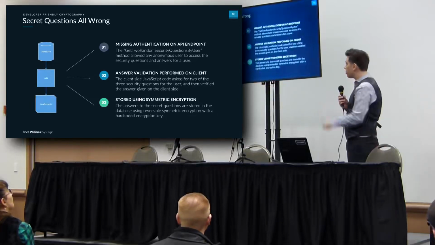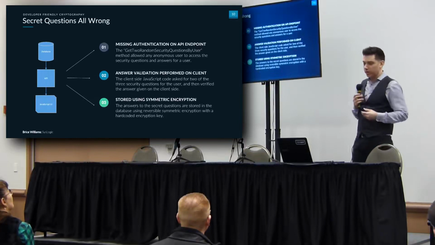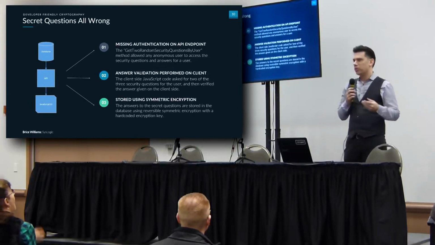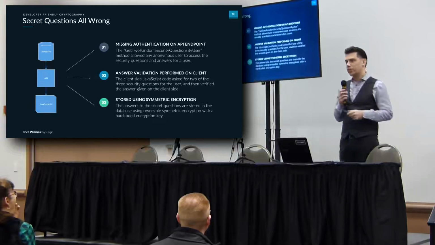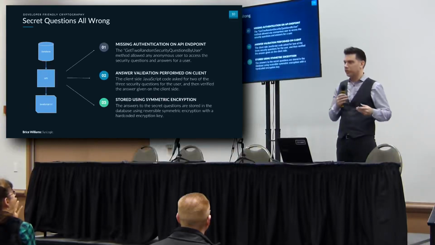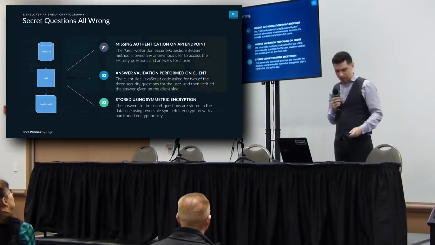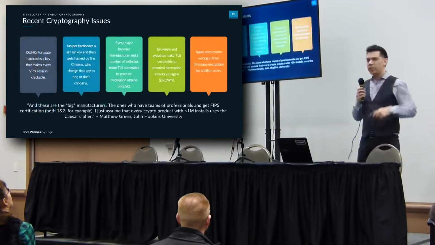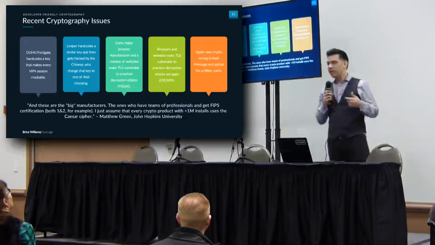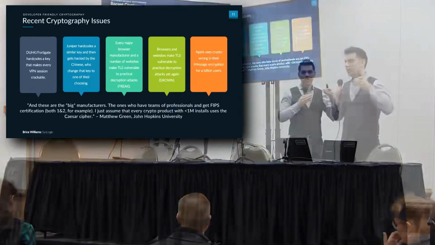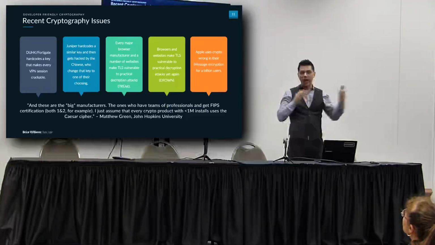And even my third point here was, even on the back end, there were issues as well. The answers themselves to the secret questions were stored in the database using symmetric, reversible encryption. Ideally, you want to store your secret question answers in the same way that you store passwords, using a key derivation function, because there's really no reason to recover the actual plain text of that answer. You just need it for comparison purposes. So we looked at a few issues that my team and I have uncovered, some basic issues. If you compare those to the cryptographic best practices, we're way off the mark.